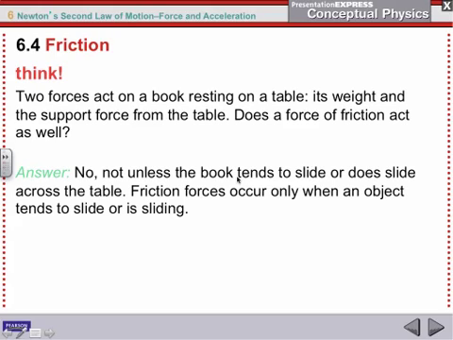No. So unless the book tends to slide or does slide across the table, friction forces occur only when that object tends to slide or does slide. And what they mean by tends to slide: if I actually tip the table so that it was at an angle, so there is a force trying to pull it down, then friction would be opposing that force and going